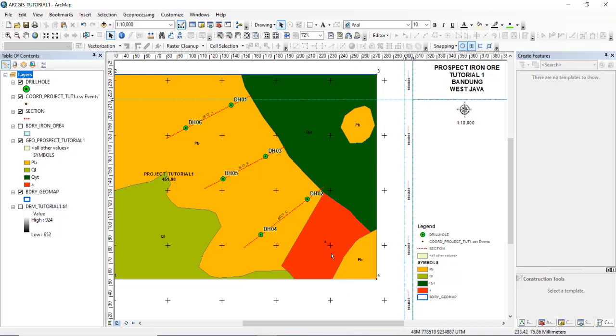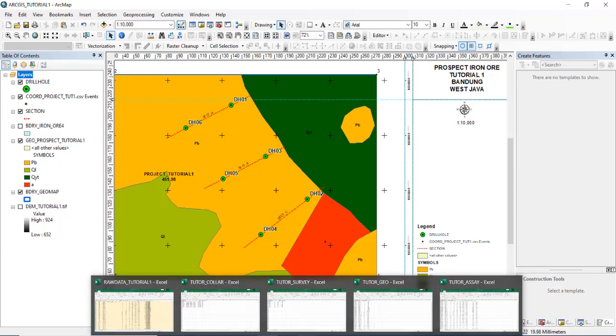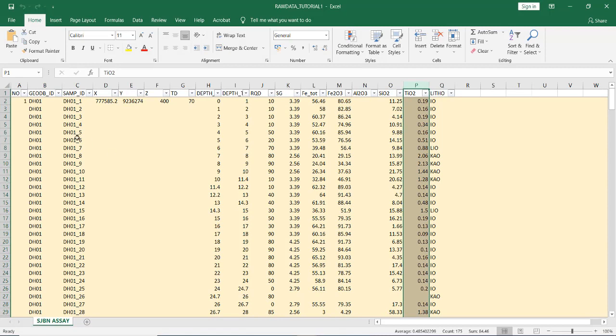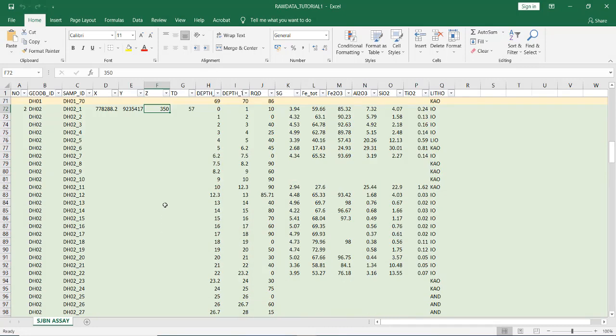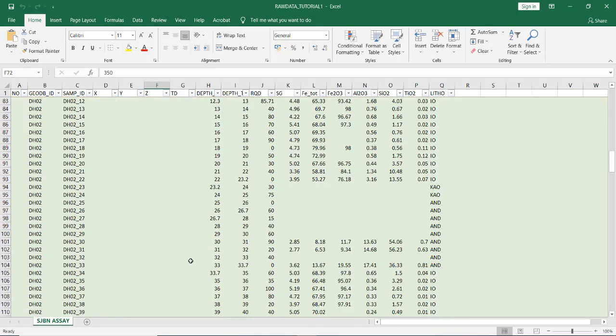Okay, next we must check the database for drill hole. This is the raw database. The elevation is still 400, this is GPS elevation, 350 meters and so on.